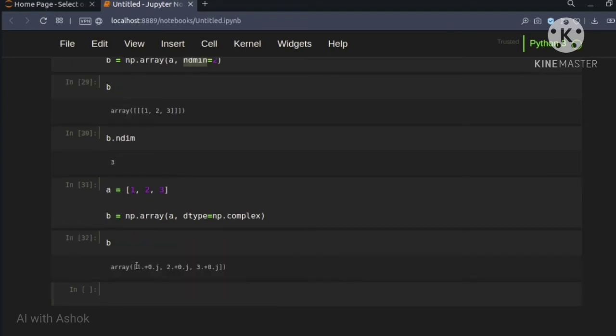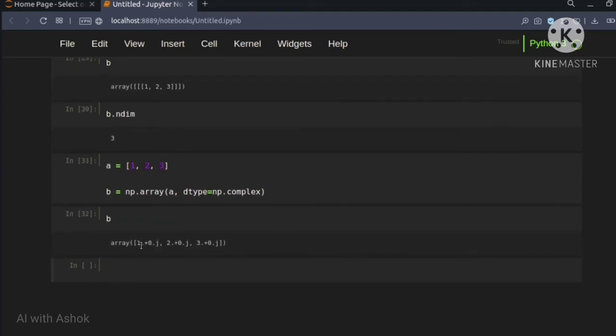Let's see, here we have the combination of real number and imaginary number. If we didn't give any imaginary number here, it will automatically take it as 0. So 0j means it is nothing, it is just 1. In order to represent it as a complex number, 0j is present here. Let's check the data type of the first one. We have type of b[0].